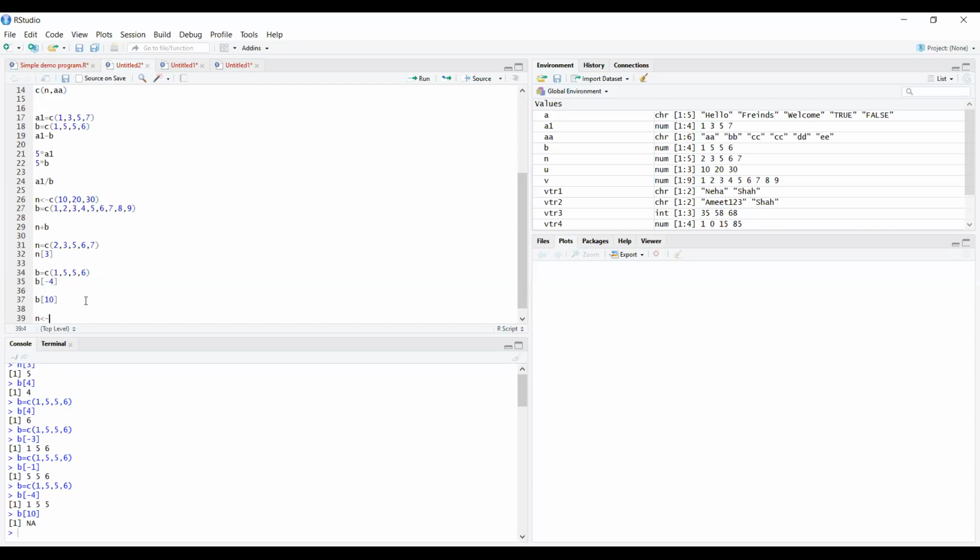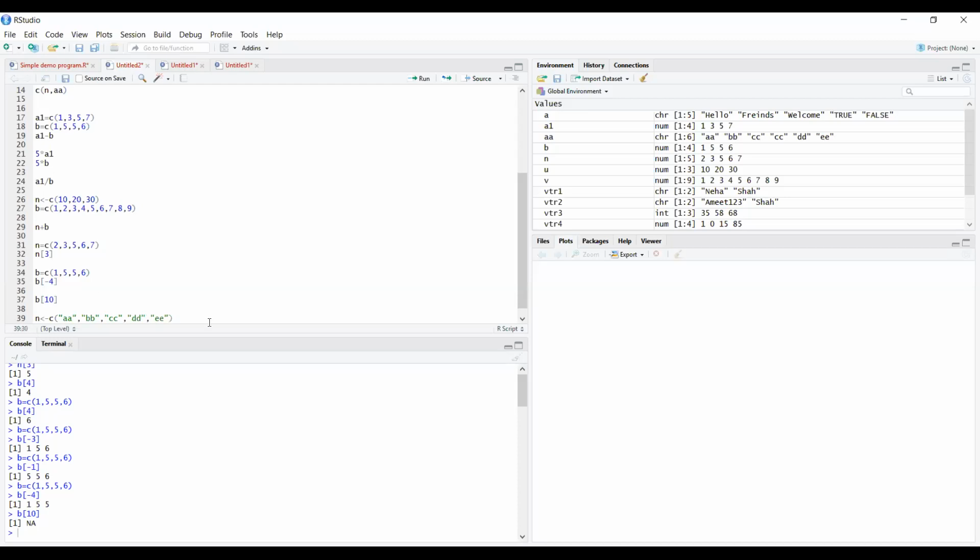So we take n equals c, then in double quotes AA, comma, double quotes BB, comma, CC, comma, DD, again comma, EE. Remember, you have to pass double quotes every time you are passing a string.